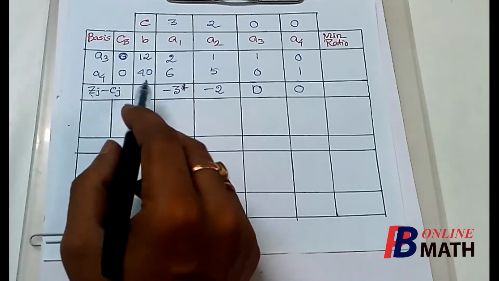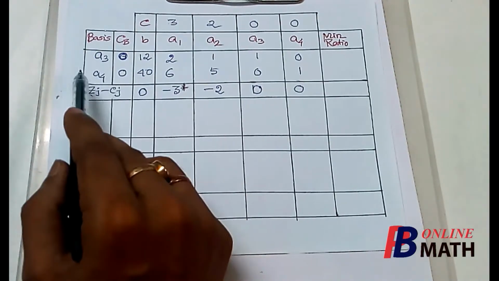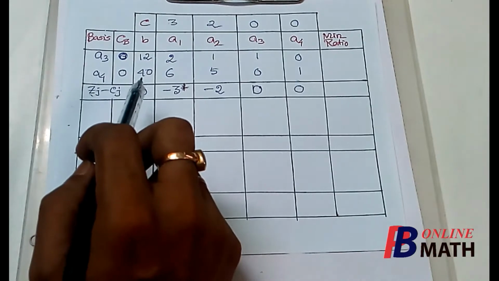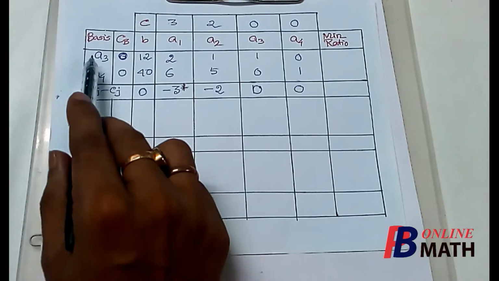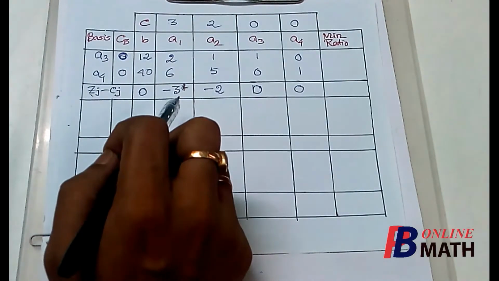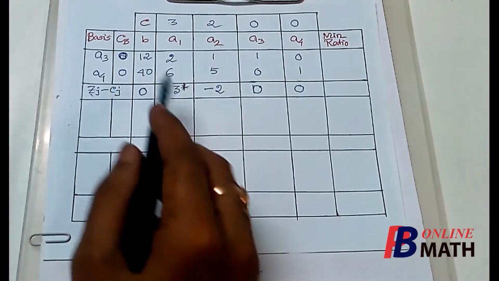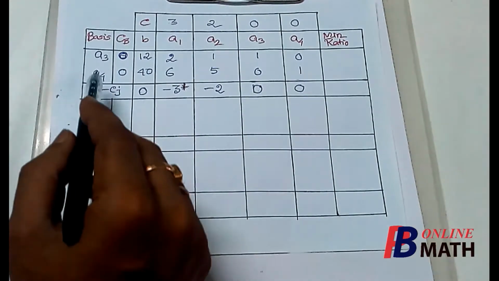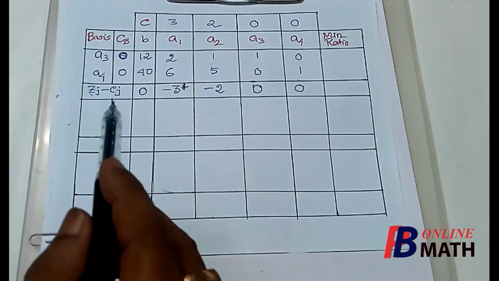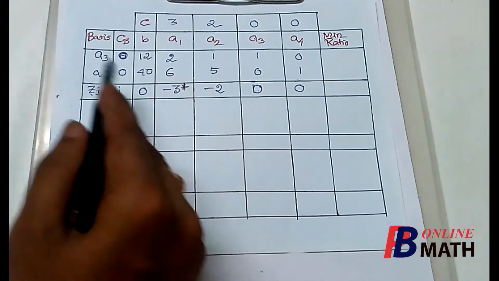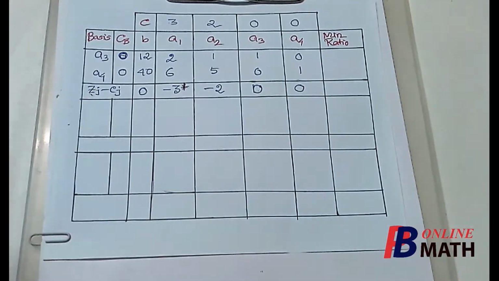Now our initial basic variables are x3 and x4. Now here we have found that the solution is not optimum. So actually these two are not final basic variables. So in the final basic variables, at least one of x3 and x4 will not be present in the final basis. So a new variable will replace at least one of a3 and a4. Now the question is, which variable will enter the basis and which variable will leave the basis.